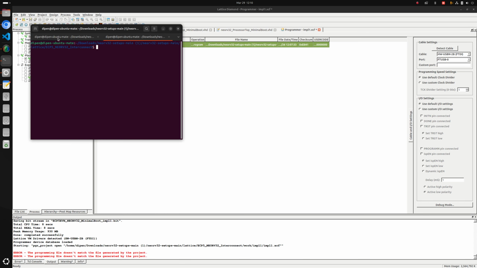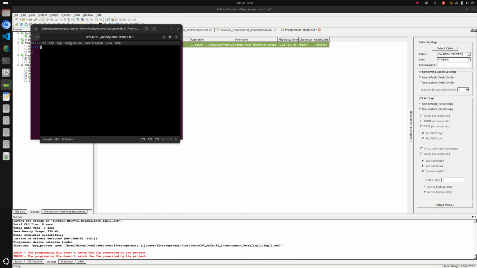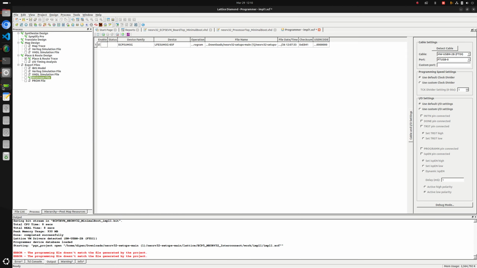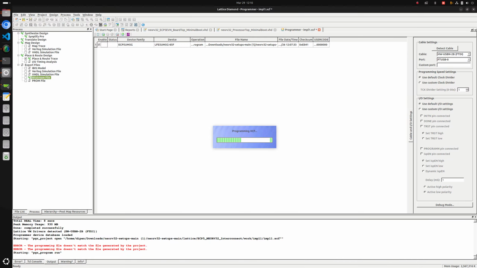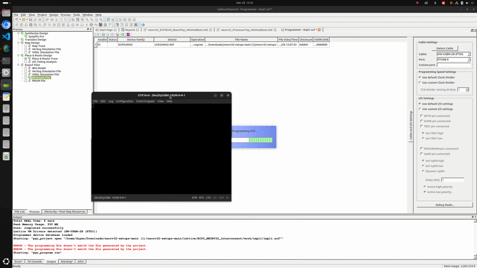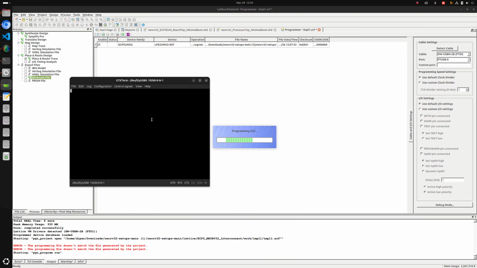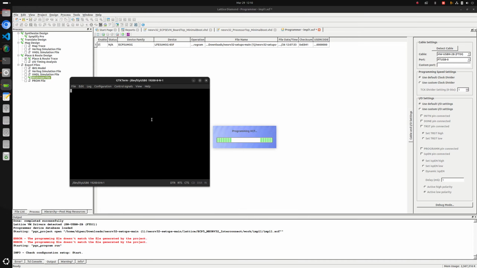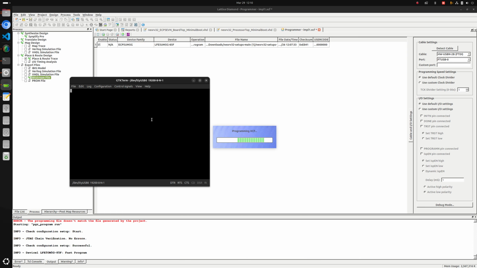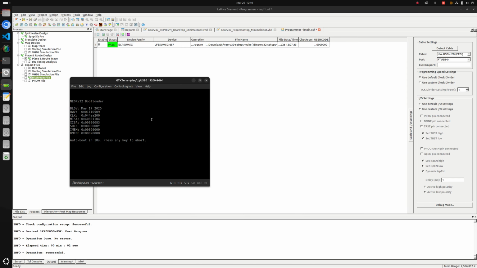I forgot to open a GTK terminal. Oh, it's right here. Configuration. So yeah, we were able to upload the bitstream. Now this contains of course the higher IMEM and DMEM, and it also contains the implementation for the NPU and